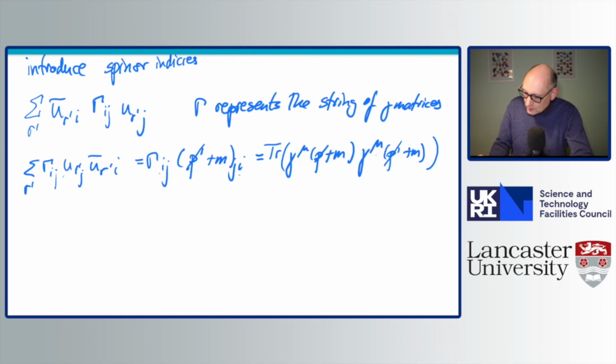So now, what we need to be good at is to evaluate the traces of a lot of gamma matrices. So that's just sit down and calculate all the bits that one can do. Now, the maximum number of gamma matrices that appear is 1, 2, 3, 4. So in this specific calculation, the highest power of gamma matrices is 4. There's a lot of odd numbers. For example, if you take 1, 2,